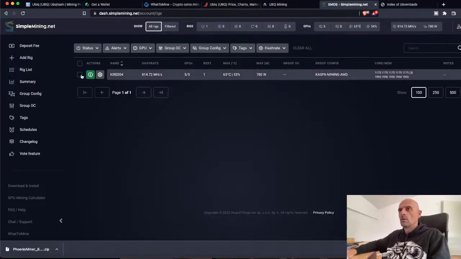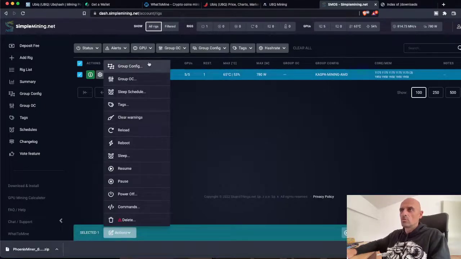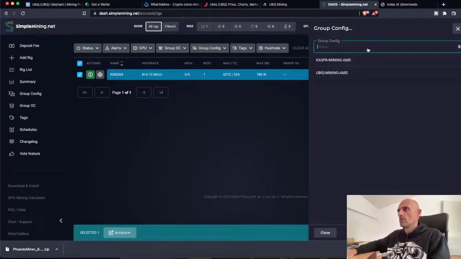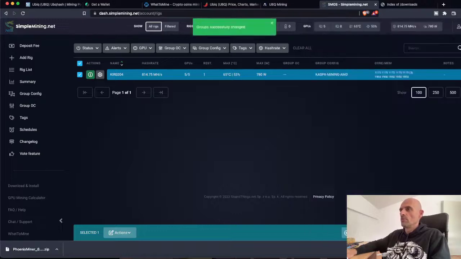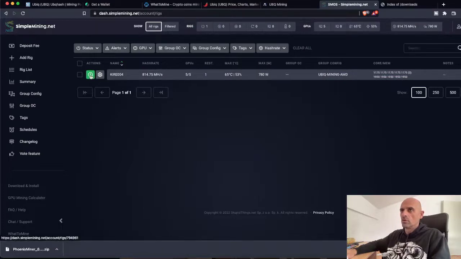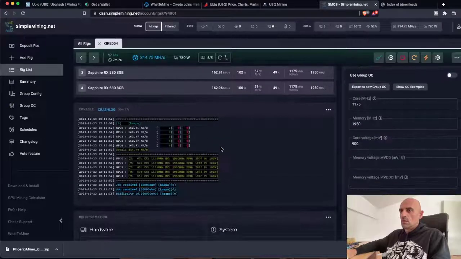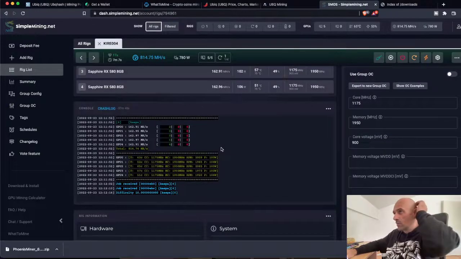Click on this icon here, and in the actions choose group config. From the group config, choose your UBIQ mining configuration. Save and reload the miner. The whole mining process you can see if you click on this green E button. And now you can see that I am already mining